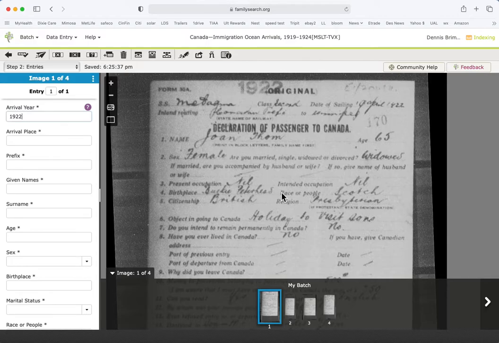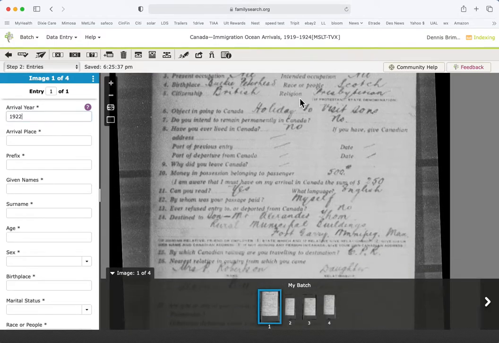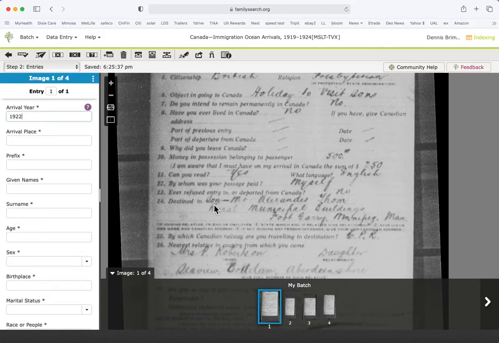The arrival date, sometimes you'll have a stamp on here from the place that it arrived, where the person arrived, and it will say Quebec, or it'll say Halifax or St. John's. If you can't find it, simply go down here to Destined To, and you can see here this person arrived at Winnipeg. And so I would go over here and I would just type in